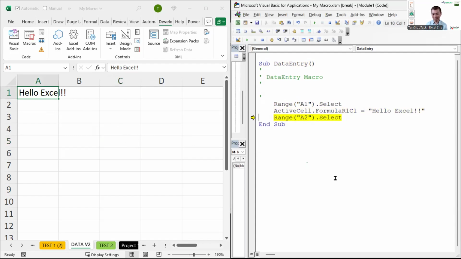And press F8 again. The active cell moves to A2. And now we are at the end sub. Press F8 again to complete the whole running. If you're able to follow up to just now, please type number 6. So this is how we